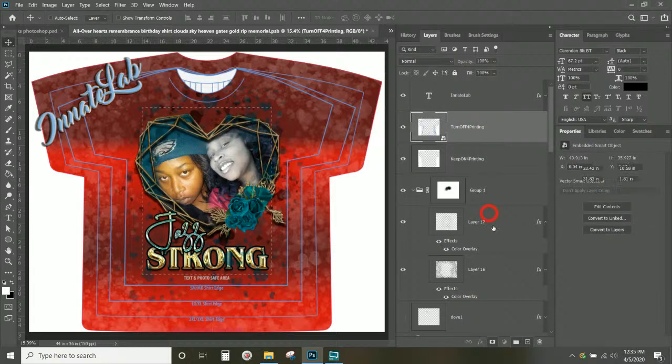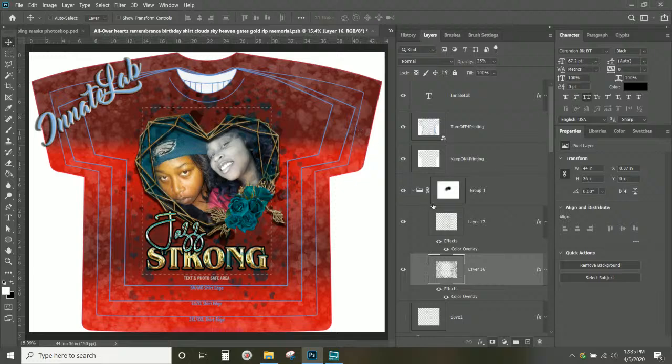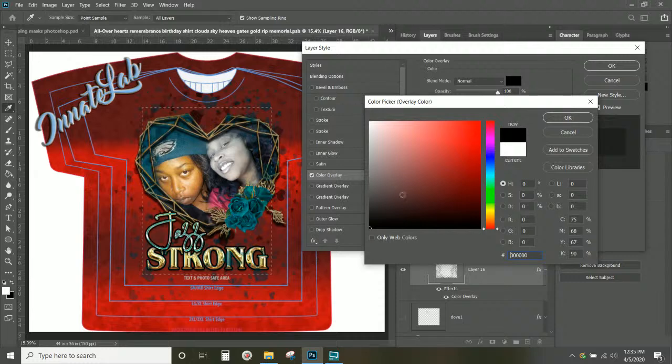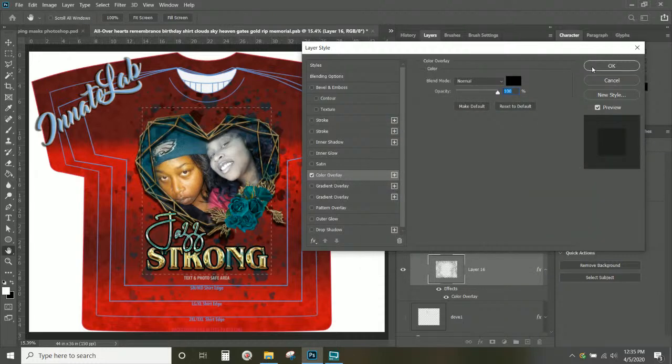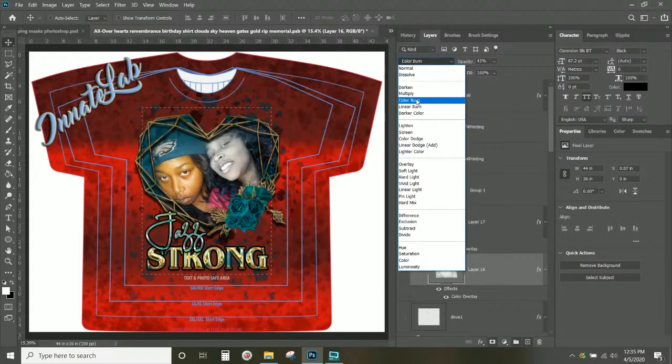I have some overall hearts right now that have a white color overlay, but you can just as easily turn that to black and increase the opacity if you wanted to see those different. You can also change the blend mode. You can put it on,